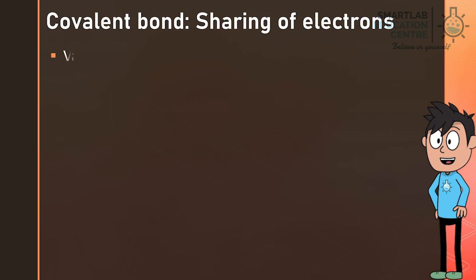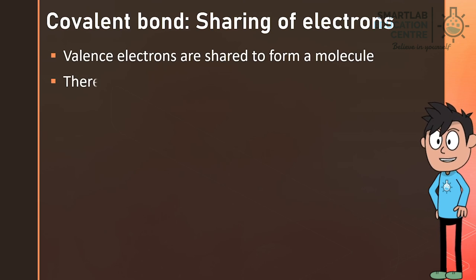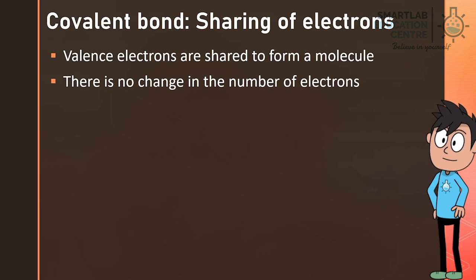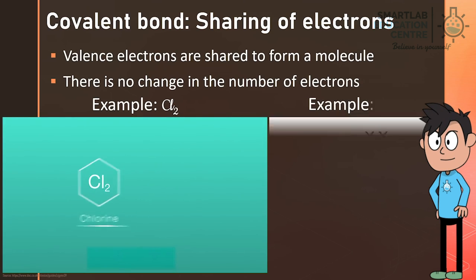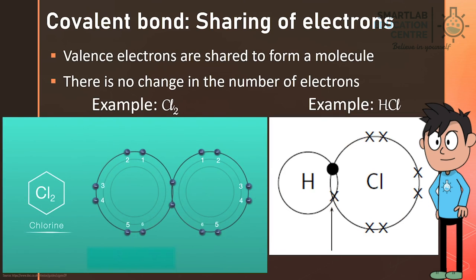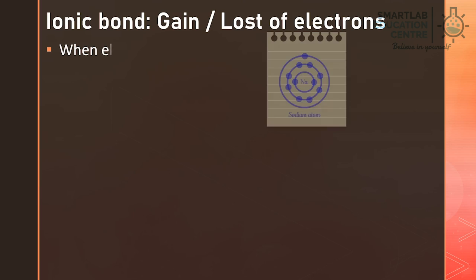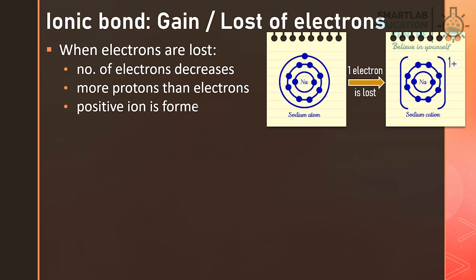In a covalent bond, valence electrons are shared to form a molecule. There is no change in the number of electrons. When electrons are lost, the number of electrons decreases, there are more protons than electrons, and the positive ion, or